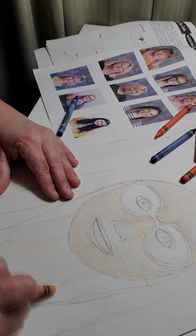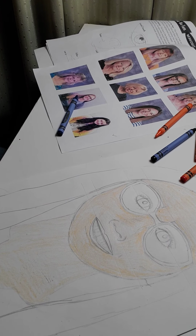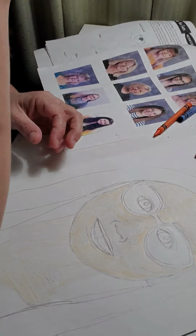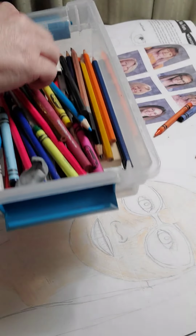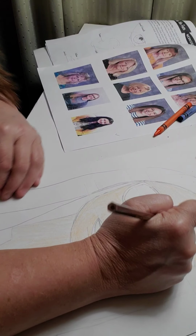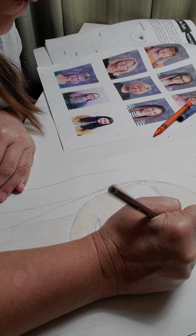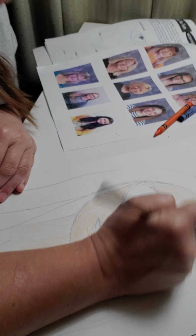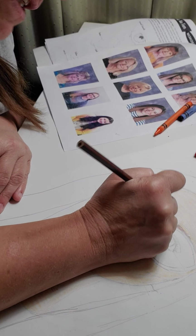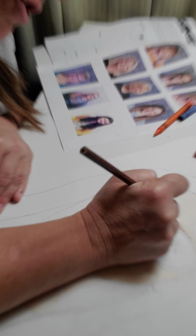Oh, somehow I picked up a little bit of purple there, so Miss Tipton's gonna have just a little bit of purple on her neck, I guess. That happens. All right. I am gonna go in with my brown colored pencil. And where these eyebrows are, I'm going to color it in. But I'm coloring like I'm doing these little hairs that are going to go just right outside the edge